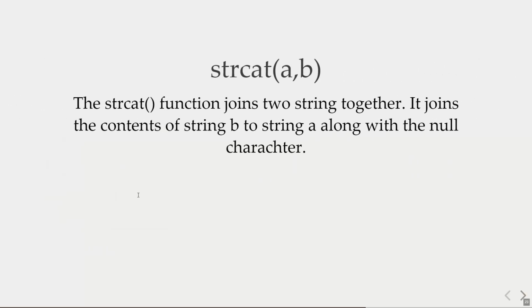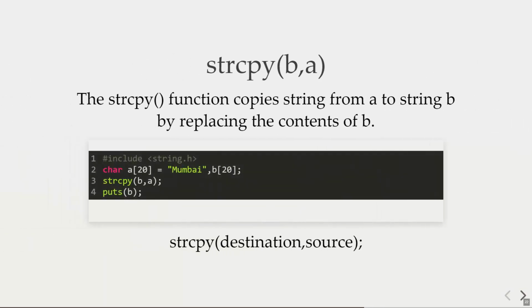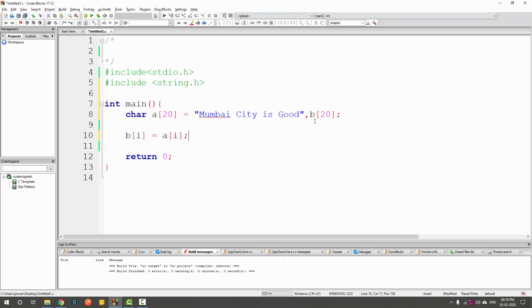Let's go to the next one. Next one is string concatenation. If you want to join two strings, there we use strcat. What happens in the previous step, string copy, is it actually replaces the data which was there in B with A. Just to show you what I mean, let's say I have Mumbai in A, and let's say I have Delhi